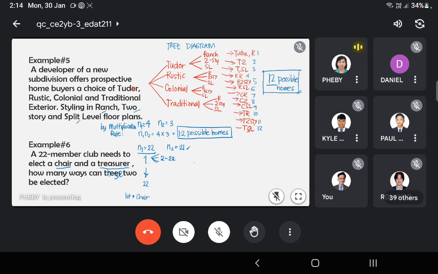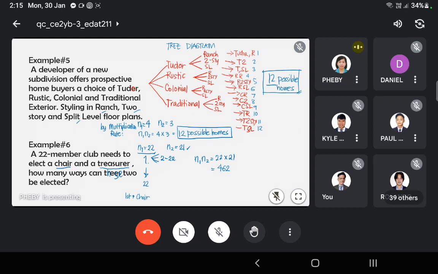So, therefore, how many ways can these two be elected? So, pwede natin sabihin that N1 multiplied by N2 is 22 multiplied by 21. So, how many possible ways can these two be elected? So, 462. Kahit mamaya, isa-isahin nyo. So, definitely,